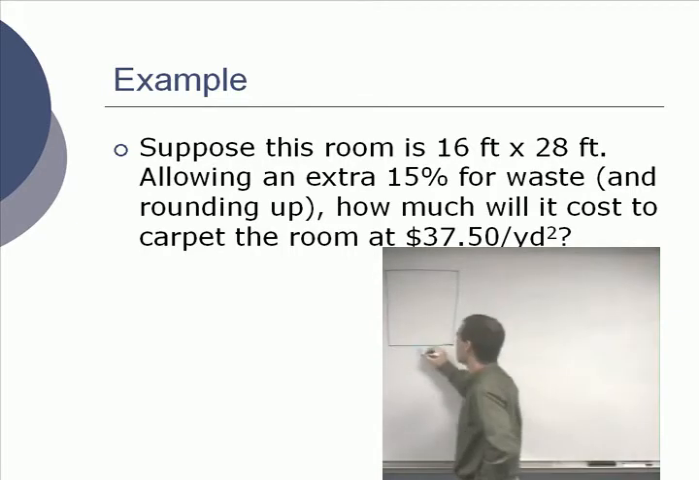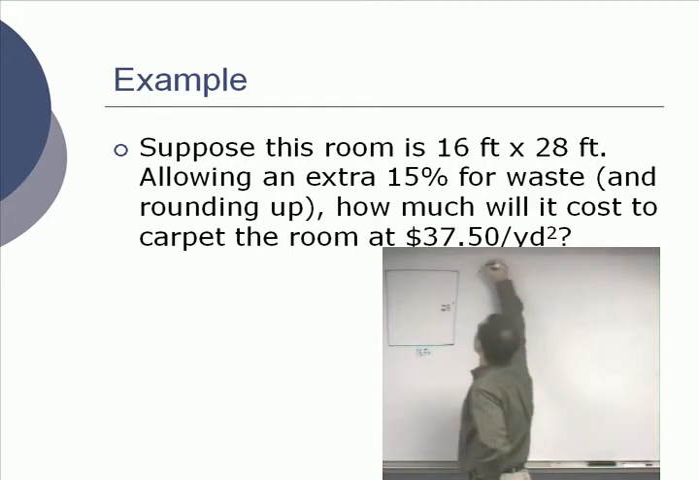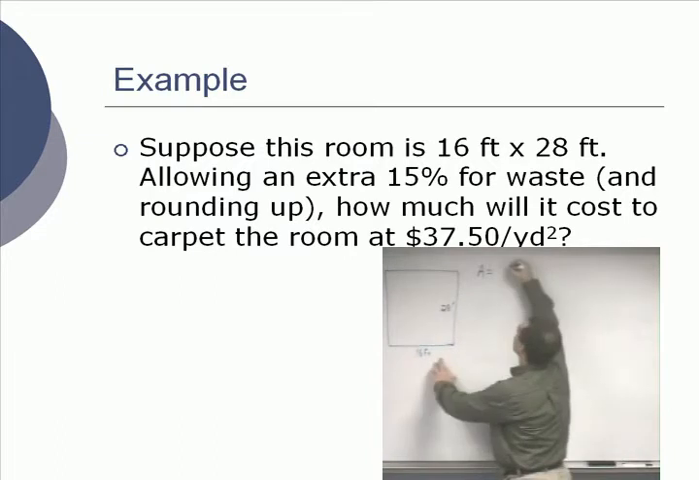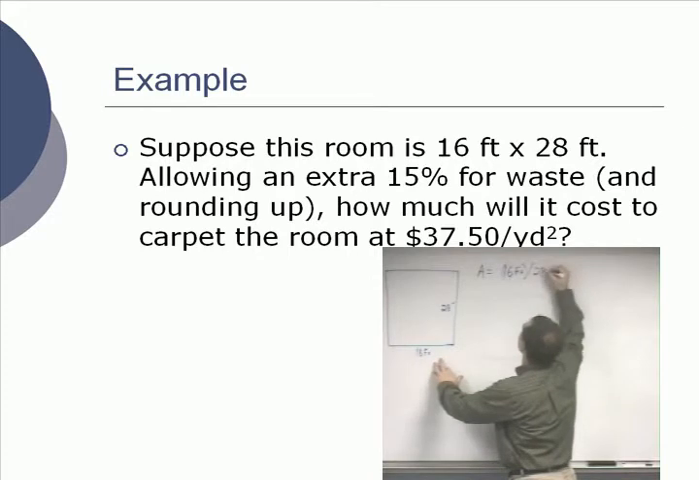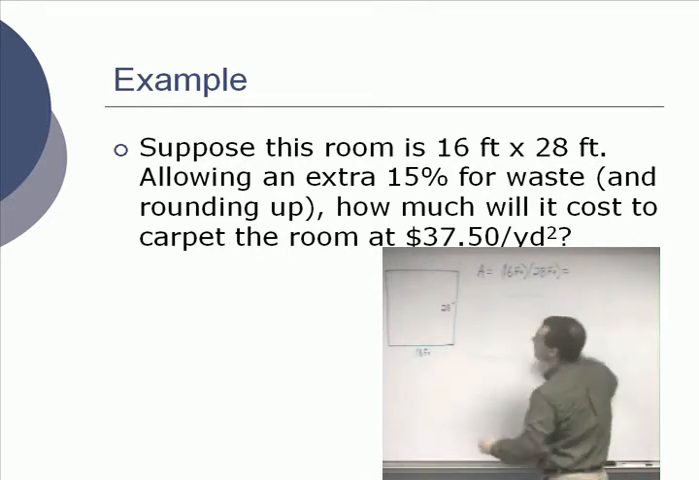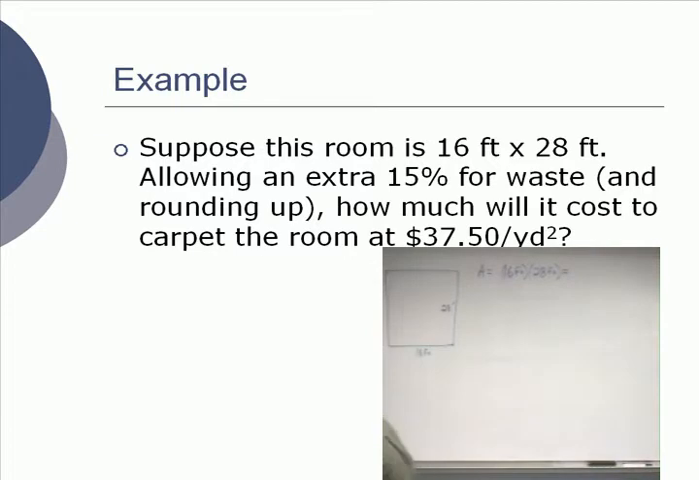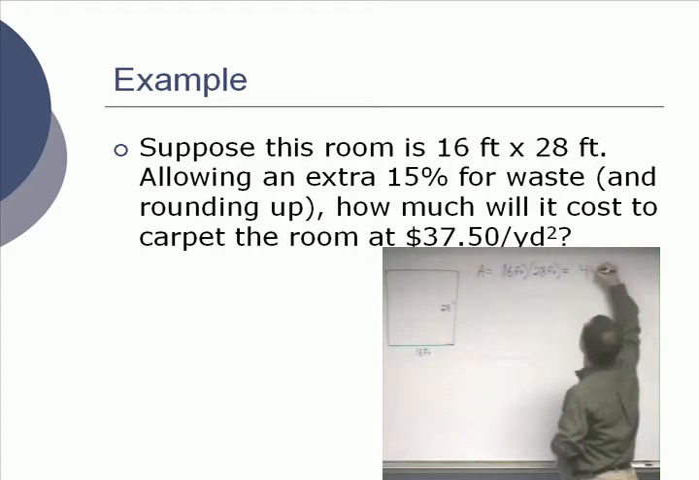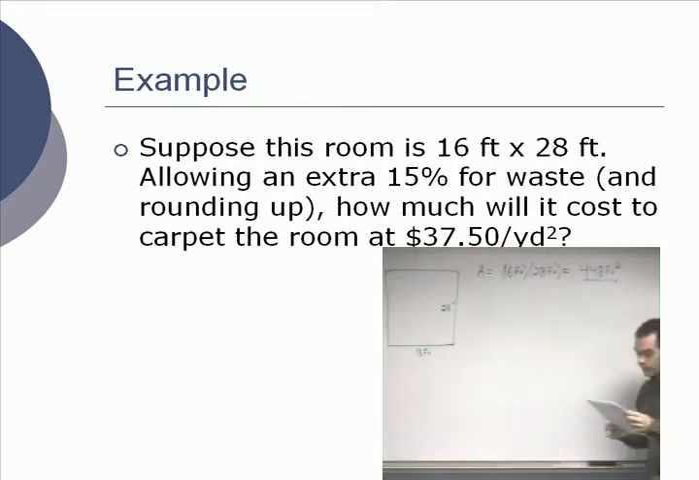So this room is 16 feet by 28 feet, which means our area is, now this is a rectangle, it's the easiest one to remember, so our area is going to be 16 feet by 28 feet. And that gives us an area of about 448 square feet. Usually you don't buy carpet by the square foot, you buy it by the square yard, so